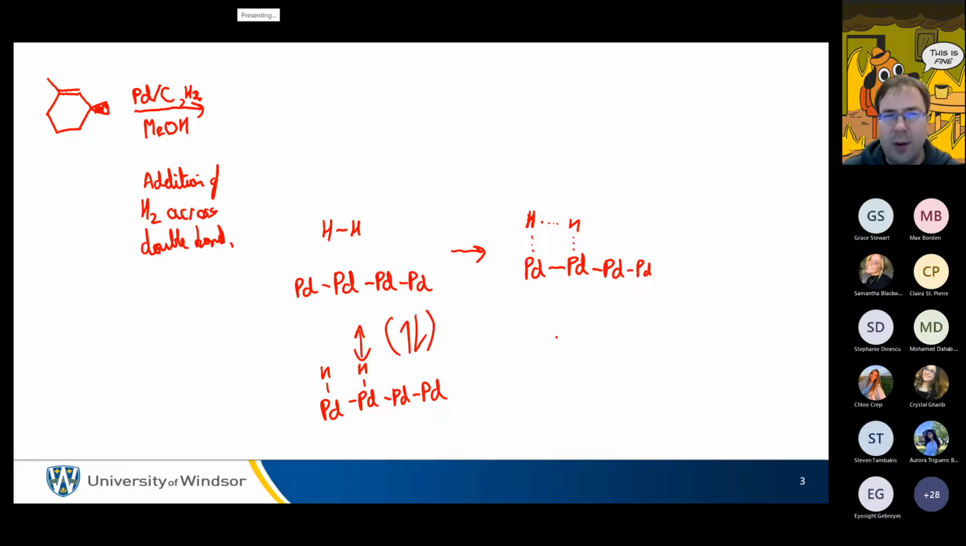I'd accept either way to think about this. And so we have this kind of resonance structure where we have these two hydrogens separating from each other, not quite making a bond to palladium. But what we've essentially done is we've really weakened that hydrogen-hydrogen bond. These hydrogens clearly are a bit looser. And so when your double bond comes nearby,